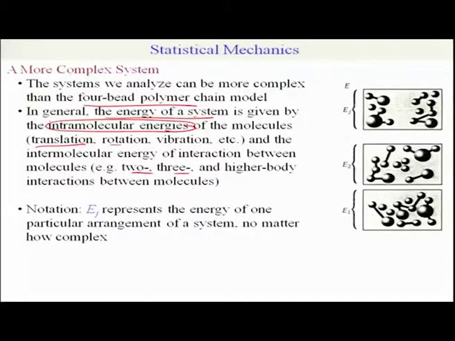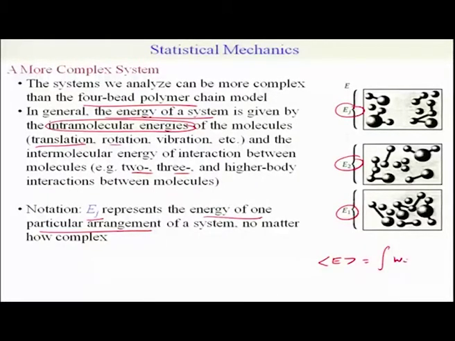If you consider many different snapshots of a system such as the one shown here, there could be many energy levels E1, E2 up to Ej, depending on the arrangement of the particles. In our nomenclature, Ej represents the energy of one particular conformation of the system, no matter how complex it is. If we collect these various properties, then the average energy would be given as